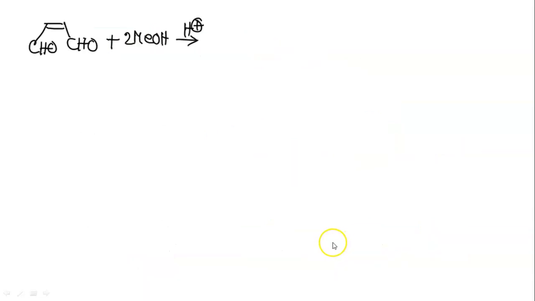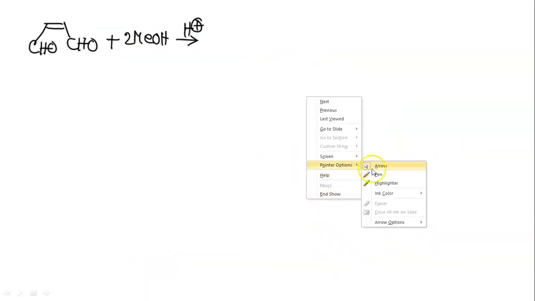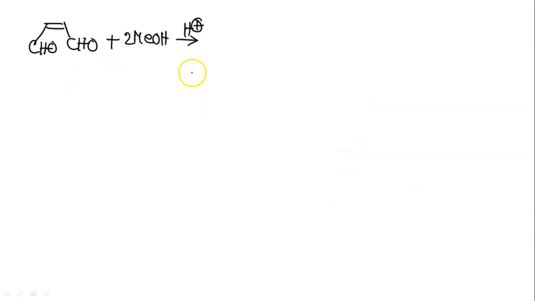And the next example. Now this is very interesting. Why? Because normally we take 1 carbonyl compound and 2 alcohols, but here we have 2 methanol, that is 2 alcohols, but we also have 2 aldehyde groups in the same molecule. Okay. So let's see what type of reaction will take place. First of all, as H plus is there, there will be protonation. Oxygen will be positively charged,